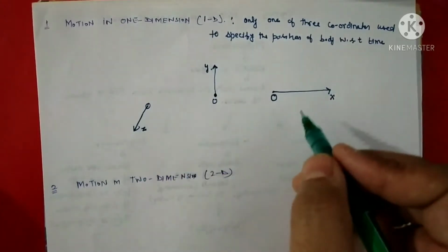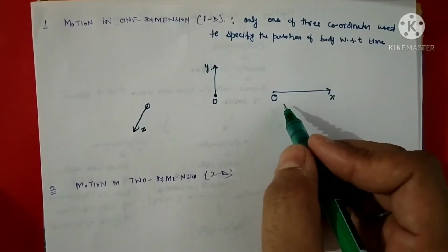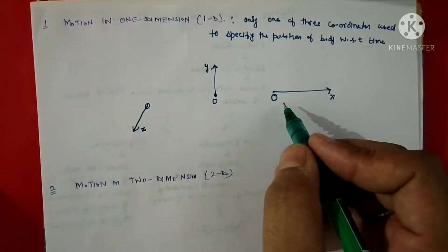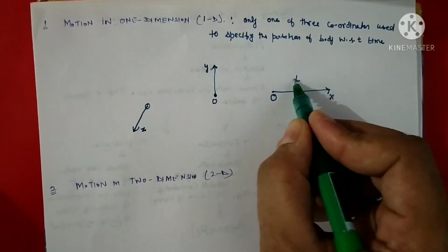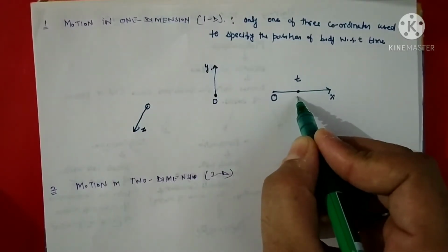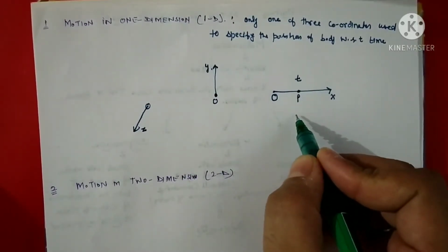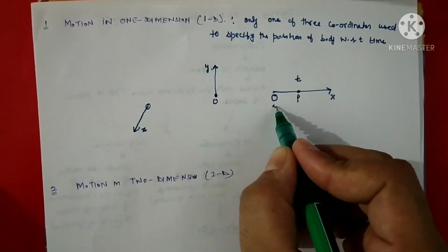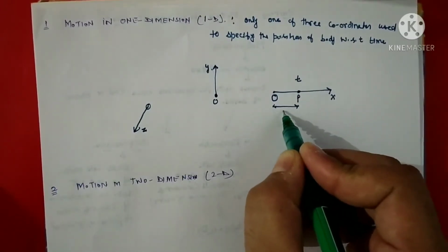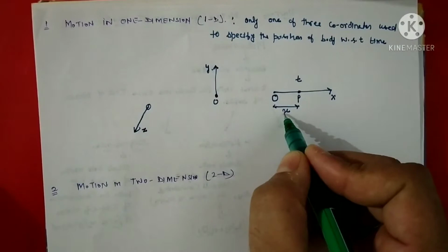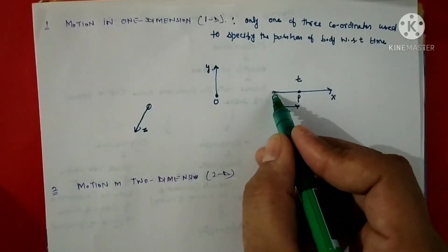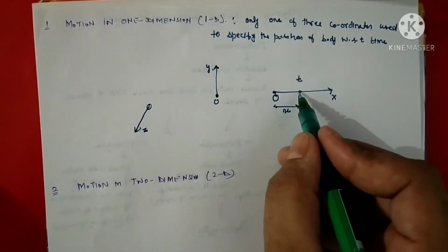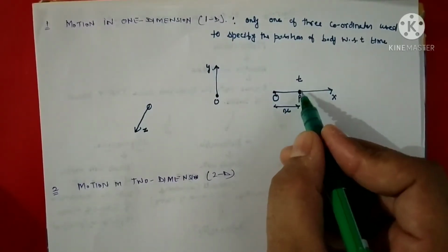So only one coordinate of the coordinate system is used to specify the position of the body. Suppose at any instant of time t, the position of the body is at point P. So this distance from O to P is taken to be x. So only this x coordinate, the x distance from this origin, from this reference point, specifies the position of this body